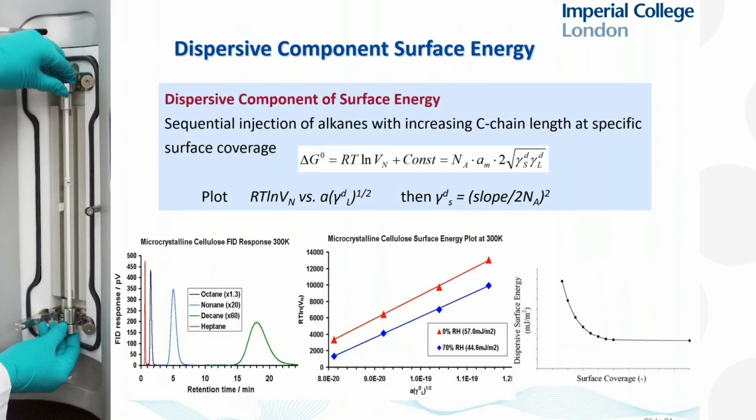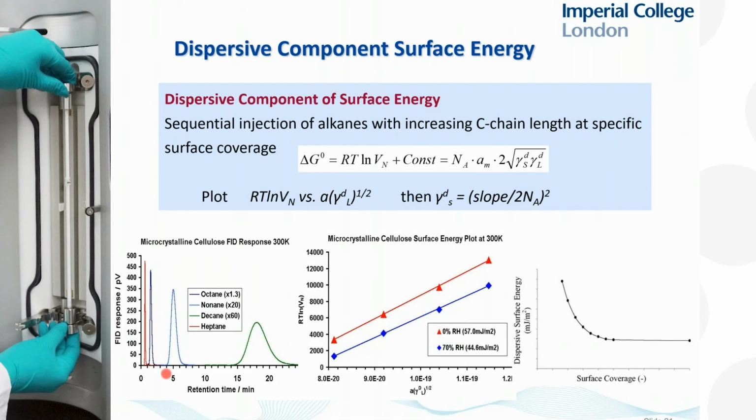So let me talk about the first important measurement we're going to do with surface energy. We want to measure these long-range adhesive forces, which we call van der Waals forces. Sometimes they're called dispersion forces. To do that, we're going to inject a series of alkane molecules. Alkane molecules only have van der Waals forces because there are no hydroxyl groups or any other active chemistries. What we can see here on the left is that we're going to inject a series of molecules from heptane to decane. As the molecules become bigger, they have stronger intermolecular forces and higher surface tension, so they spend more time adsorbed into our material. In this case, our column is packed with microcrystalline cellulose, a very